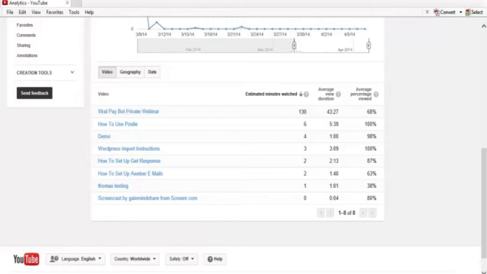Now obviously this is a dummy profile, but you want to make sure that your videos are videos that people want to watch and stay in to the end. So watch time is very important, because if you're going to get people to watch your video and then send them back to your website, you want Google to send you as much traffic as you can get.